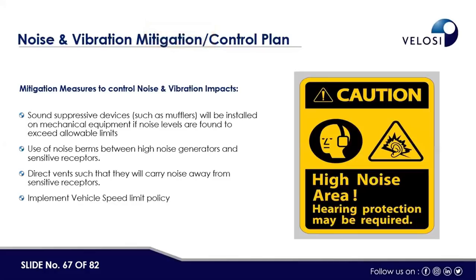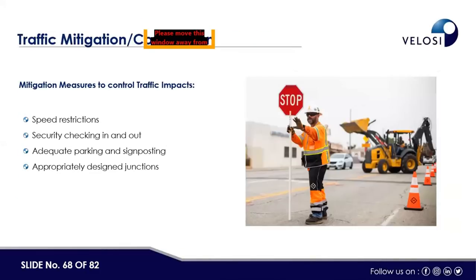Then next is the noise and the vibration. Sound suppression devices such as mufflers will be installed. Use of noise berm between high noise generators and the sensitive receptors. Direct vents such that they will carry noise away from the sensitive receptors, and implement vehicle speed limit policy. Then the traffic mitigation control plan: speed restriction, security checking in and out, adequate parking and signposting, and appropriately designed